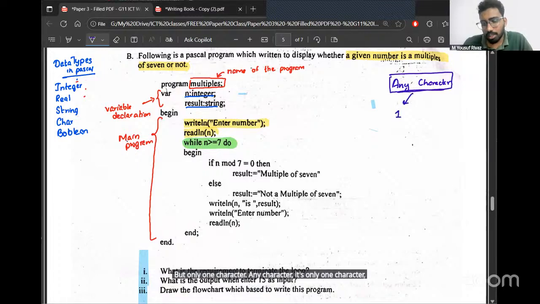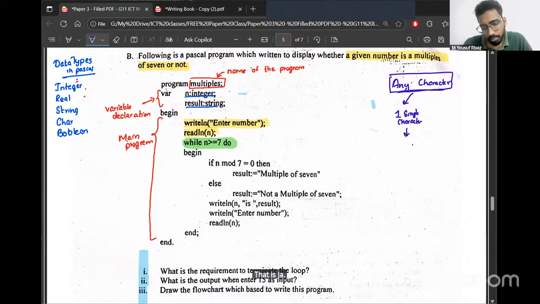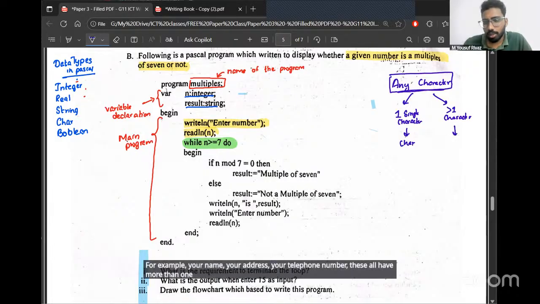One single digit or one single number or one single symbol, just one single character, that is char. If it's more than one character, for example, your name, your address, your telephone number, these all have more than one character. So those are going to be the string.